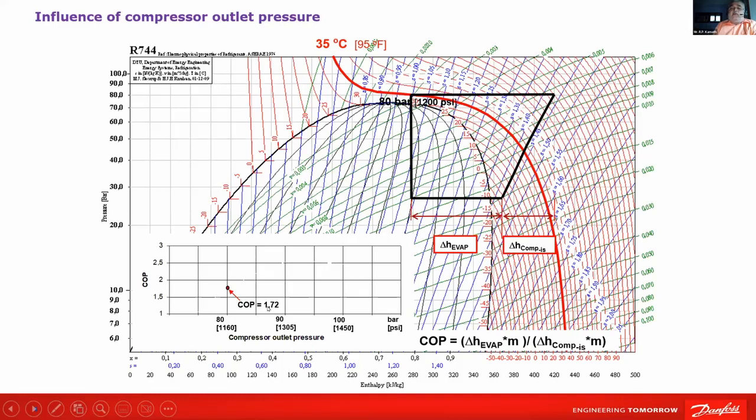COP went up from 1.72 to 2.51. Now you can see here, from this much, the work done has increased only a little bit, hardly any. So definitely it is advantageous to go for a higher pressure. Now the 100 bar. Now at 100 bar,